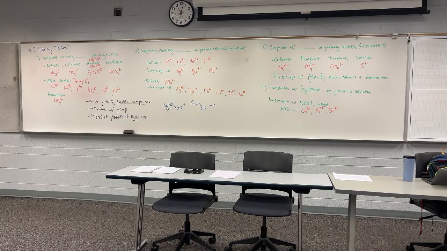Okay. So you're going to say what forms from these. Wait, why would you put this one? But you first write it like this, and then you put the two. Yeah, but the charges